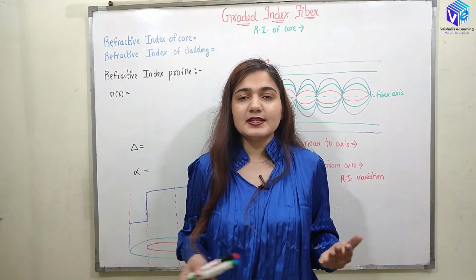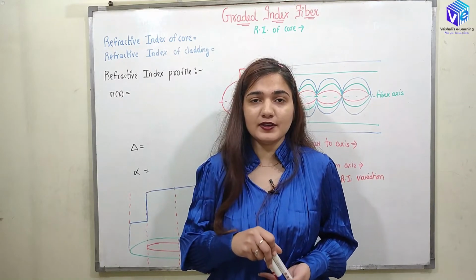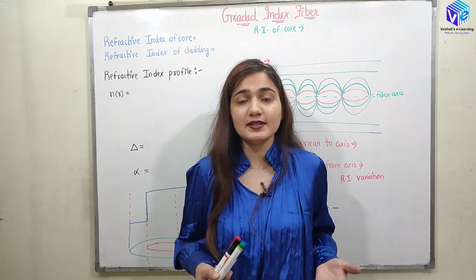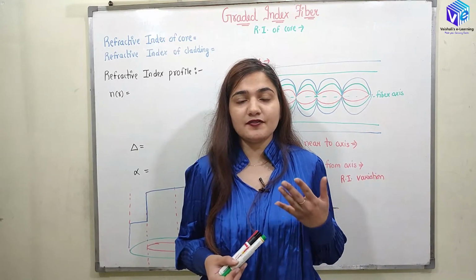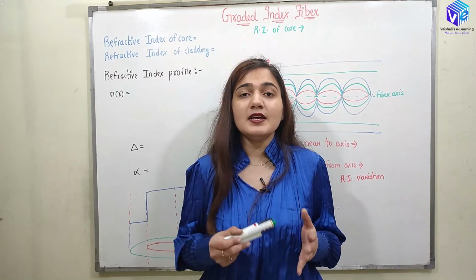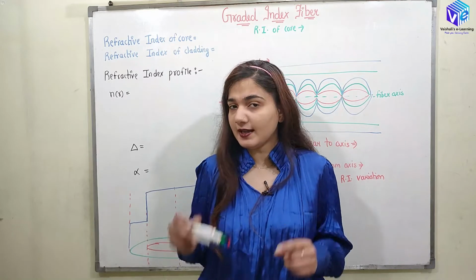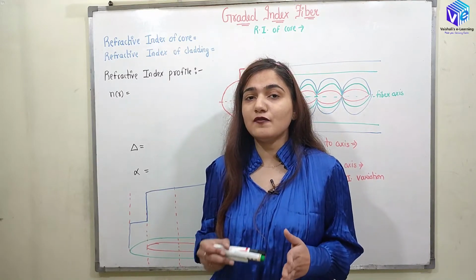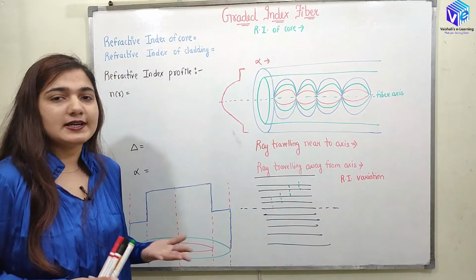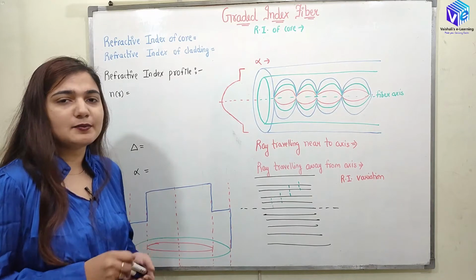As the name suggests, the graded index fiber has a refractive index profile of the core and cladding which is not like a step. In the previous case, where I was denoting the refractive index profile, I showed you the profile was similar to the step. We all know the step function, but here the refractive index profile would be different. Now it is graded. What does this word graded mean? Here let's start the discussion the way we started in the previous case.